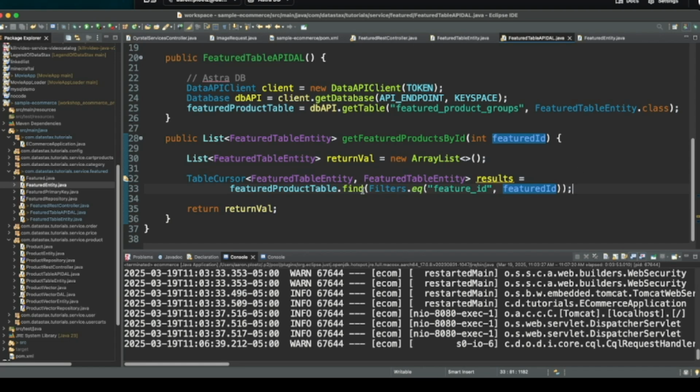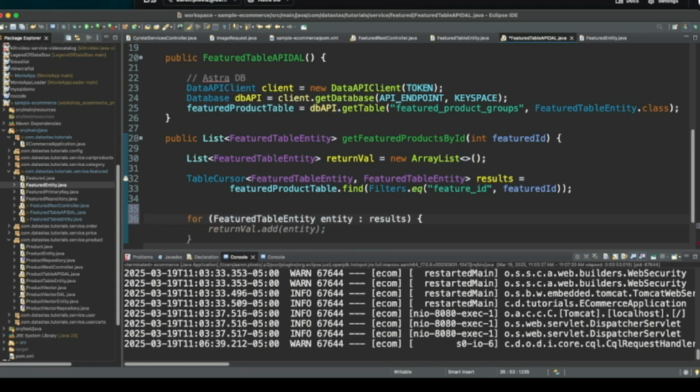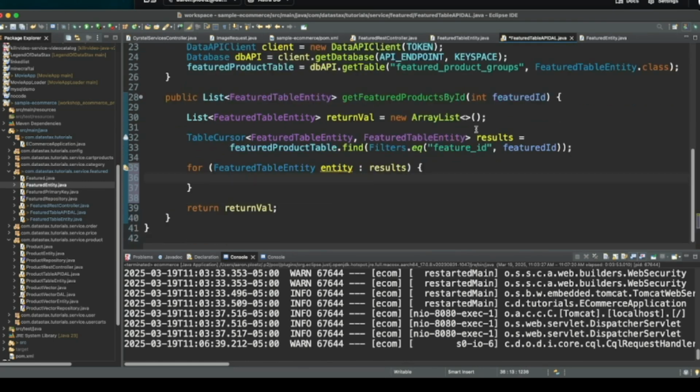Okay, so this is going to build our result set here. And then really what we're going to do is we're just going to say, actually, yeah, Copilot got it right this time. We're just going to iterate through each feature table entity that comes back in the results, and then we're going to add that to the return val list.